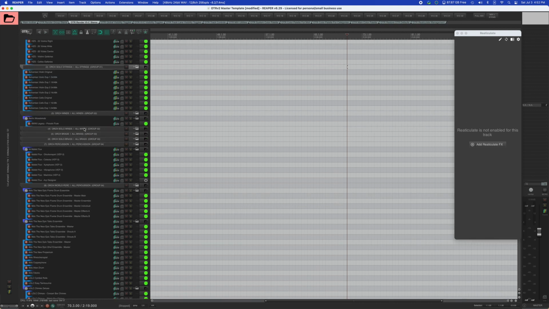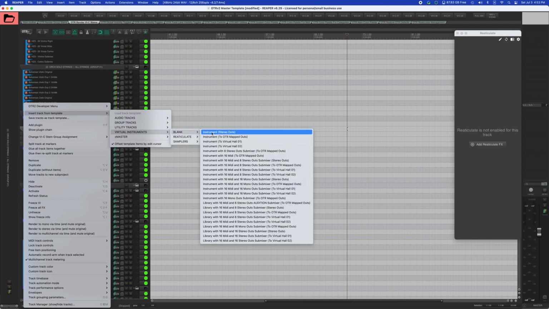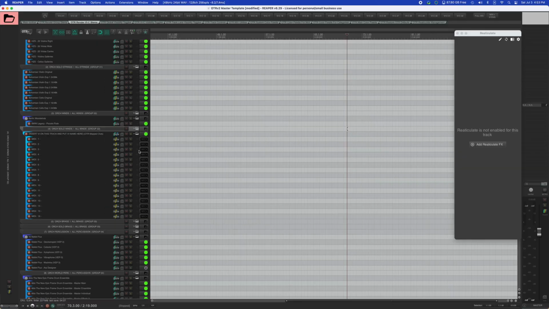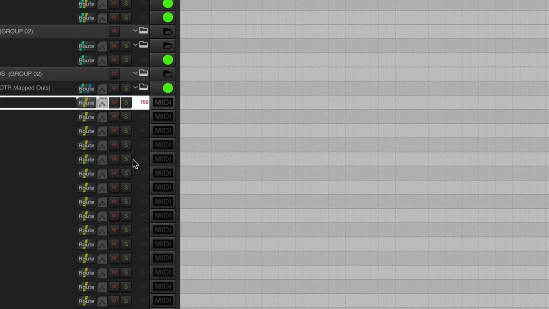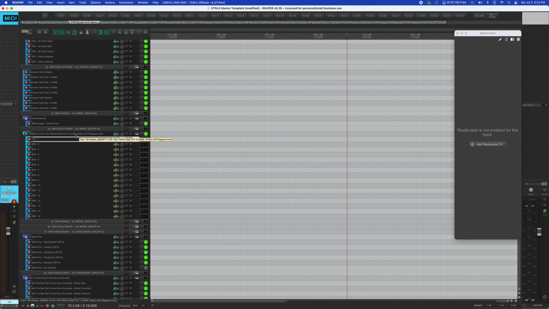So for example, let's just add one into this section. And you will see that this particular track template would have previously been called a VIM track in OTR 1. It's just an instrument track with 16 MIDI channels routed, and it has the MIDI icon down the side. So it's got a very easy cue to let you know what type of track it is. That's something that's been missing in Reaper. It's missing in a lot of DAWs actually, but it kind of helps you keep track of what's going on